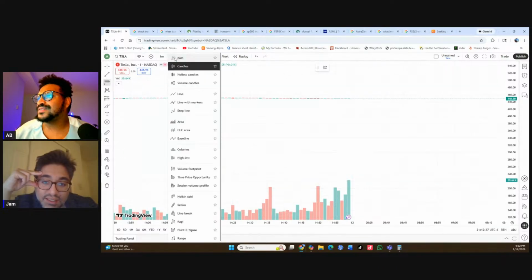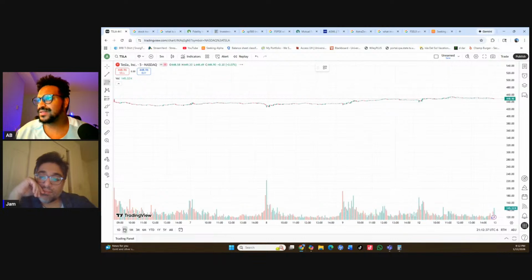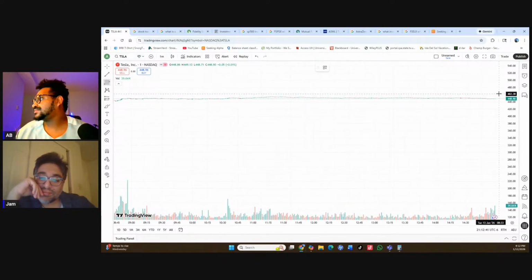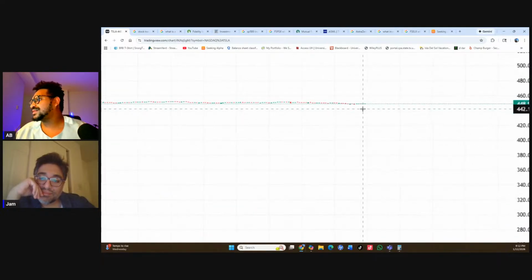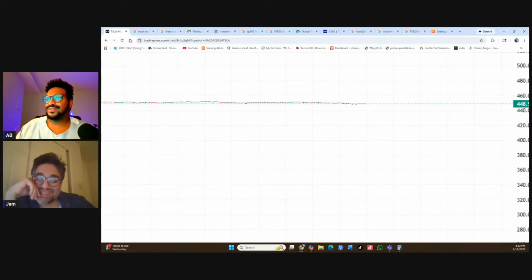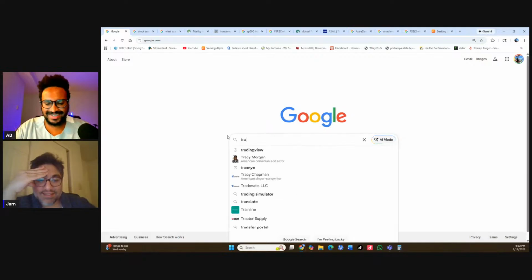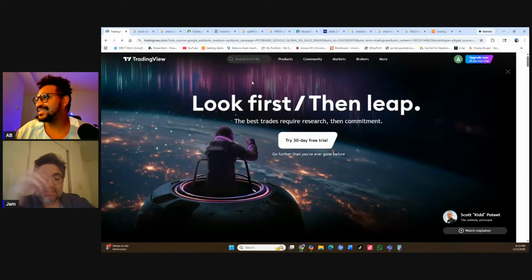Candles. I want candles. I think I might be zoomed in. Oh, it's at the top. Why is it at the top? Tesla's on top. Oh my goodness. I'm doing something wrong with this. Trading. I don't know. It was working fine the other day, but then